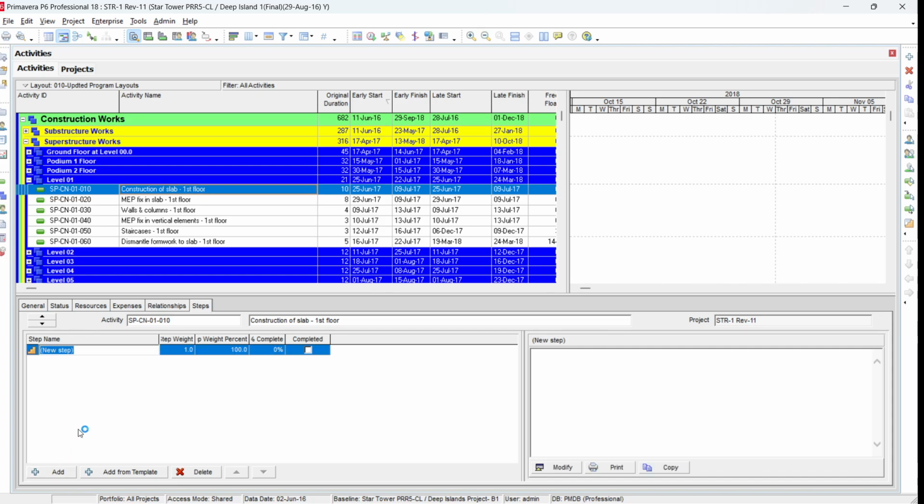For example, you can see fixing of formwork and layout. Layout means if there are any openings in the floor slab or columns, the surveyor will mark these openings so that when the steel fixer comes, they know there's an opening and will leave this area. Then we have fixing of steel reinforcement,